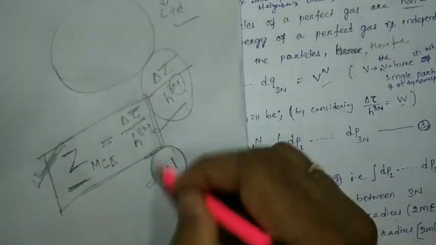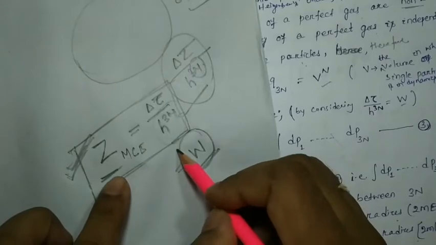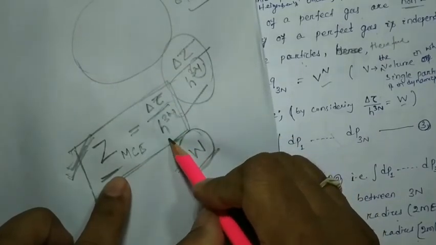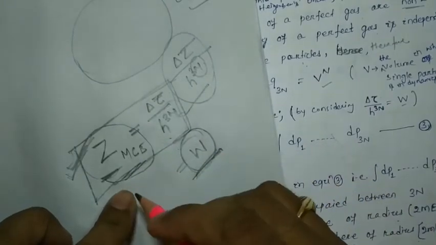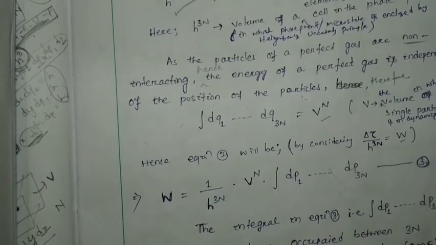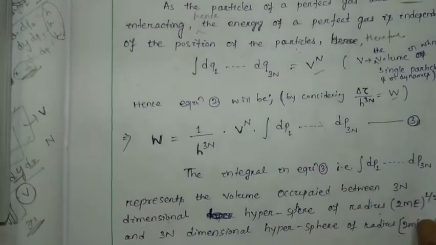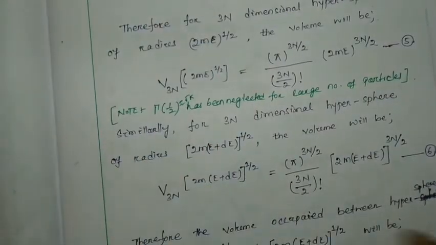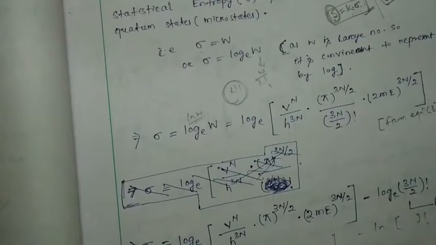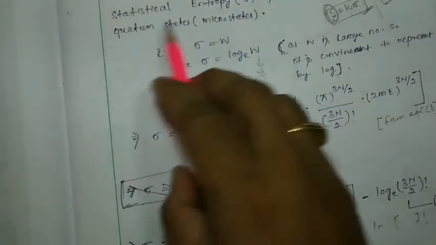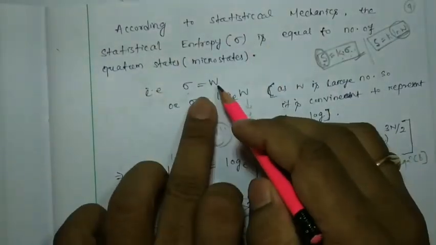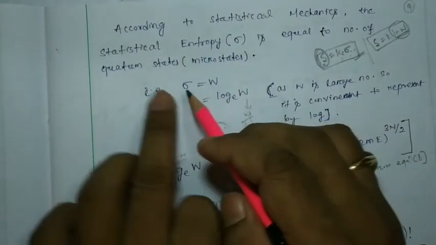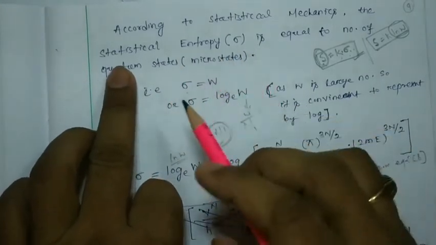So in case of microcanonical ensemble, the so-called del tau by h to the power n is nothing but called the partition function, or W, the so-called W, is called the partition function. Now this is one of the interesting things I am going to tell you. Later on you can check your note that W is called statistical entropy. Now you can ask, sir, W is called the partition function, again W will be equal to the statistical entropy of this microcanonical ensemble.